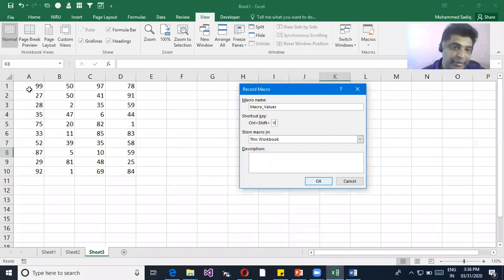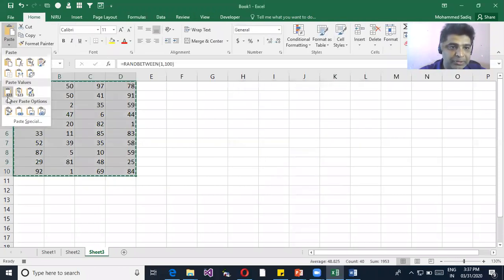Now what I'll do is I just focus. I say Control A, and then I'll just say copy first, and then go to the home tab, paste special values. Fine, and that's it. And then I'll stop the macro. So I'll just go back to the view tab, macros. I say stop recording. So now next time what happens is if I try to do the same job again,